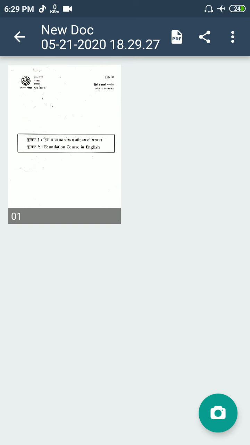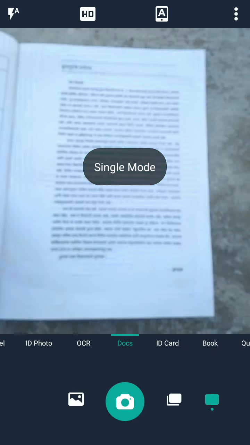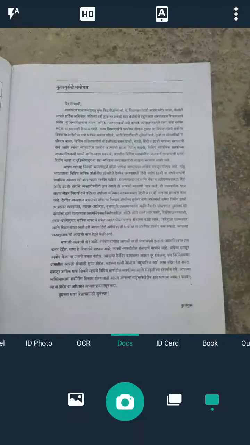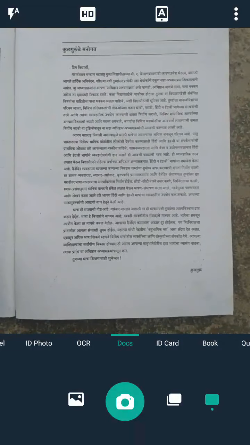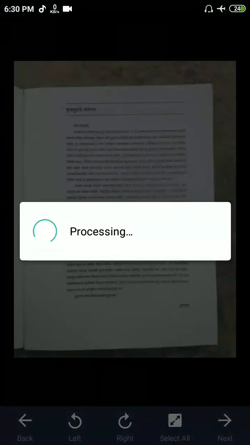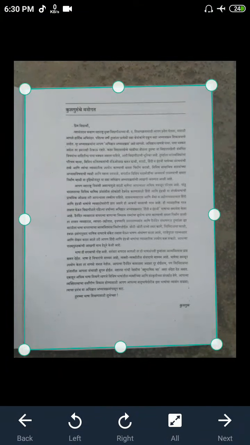Then select the next page of your documents and click on the camera option. CamScanner automatically crops your documents if you take the pictures of your documents from a far distance.